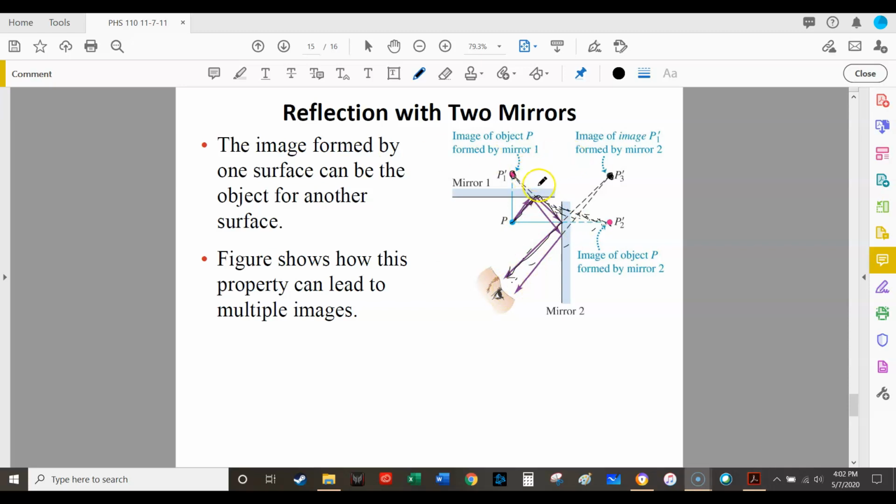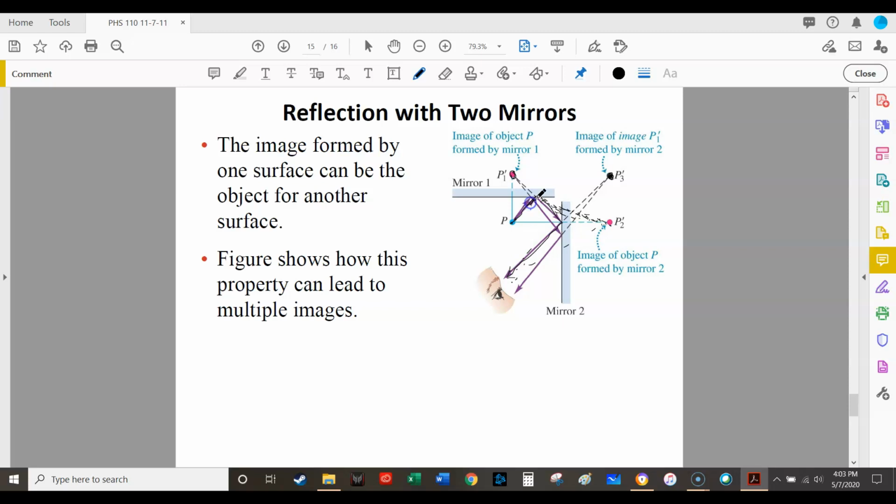So it's kind of really interesting because this image right here, the object right here, forms an image P1 that bounces right here, but it actually forms a second image P3. So this P3 right here is the image of P1 formed twice. P1 will form here, but it also will form over here. Okay, this image right here, P2, is going to be formed just from the second mirror. Okay, so